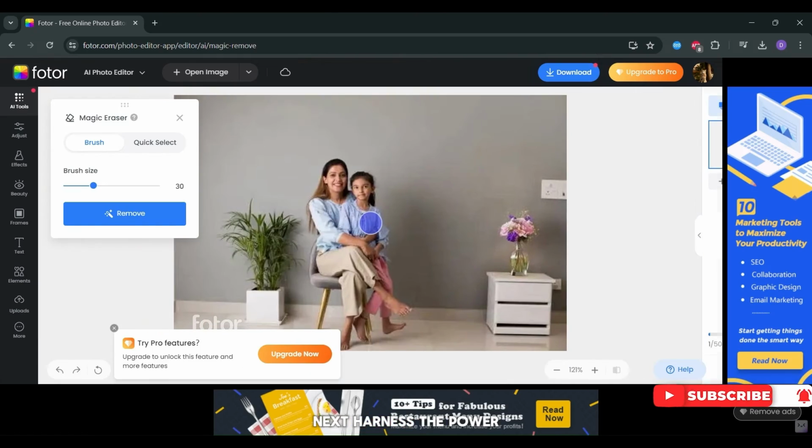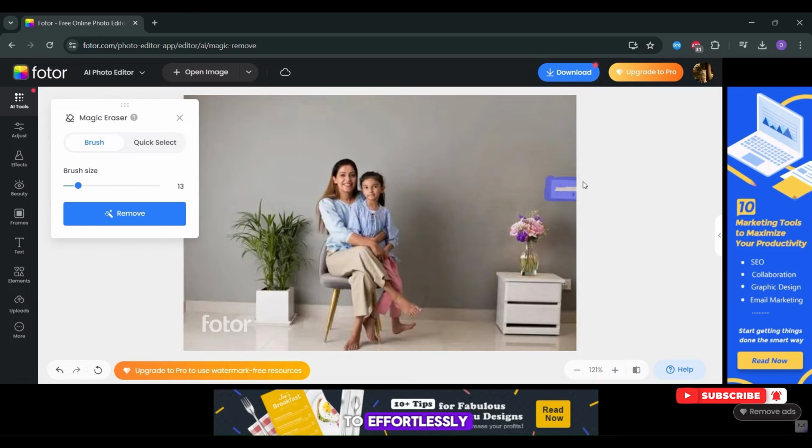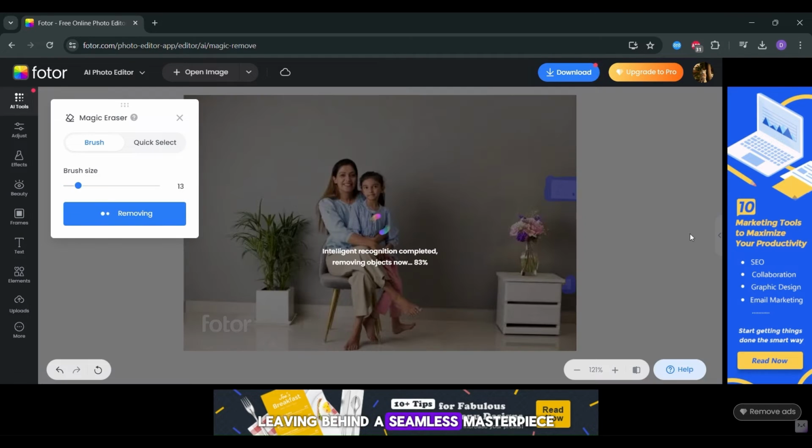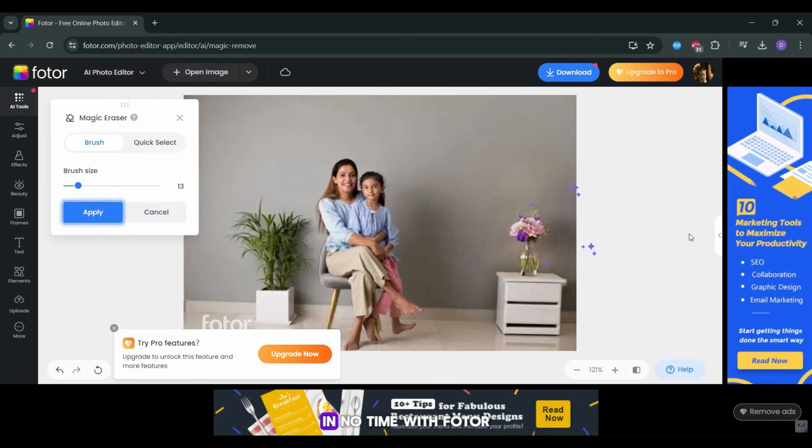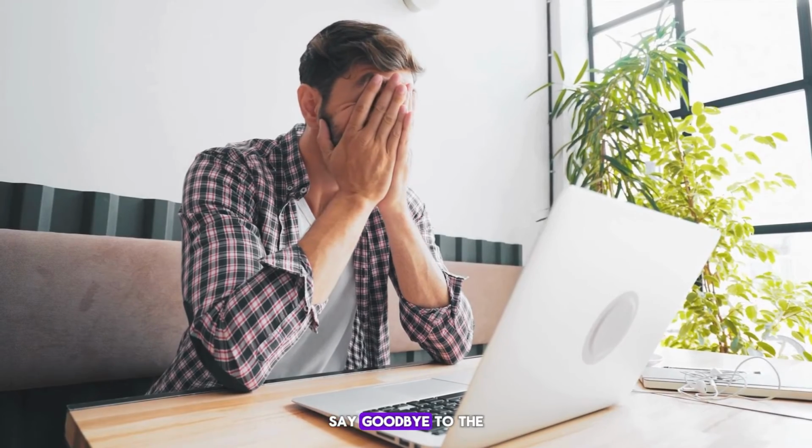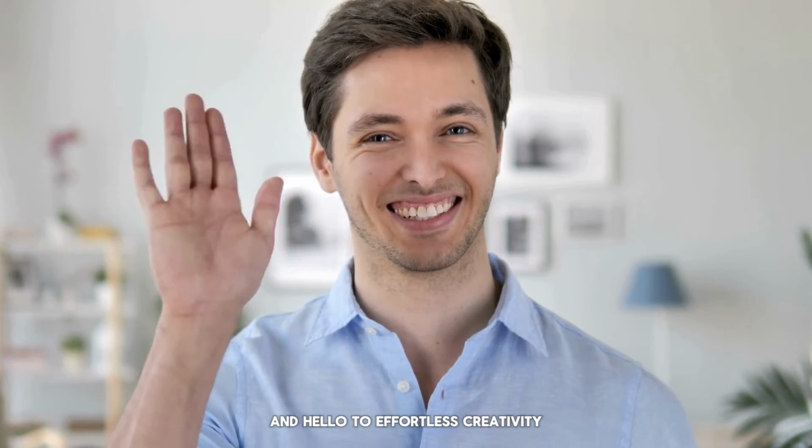Next, harness the power of the magic eraser to effortlessly whisk away any unwanted elements from your image, leaving behind a seamless masterpiece that's ready for download in no time. With Fotor, photo editing becomes a breeze. Say goodbye to the days of frustration and hello to effortless